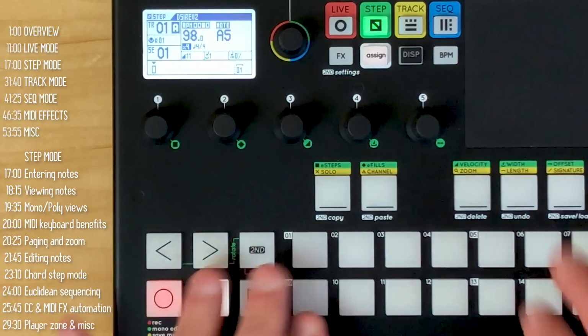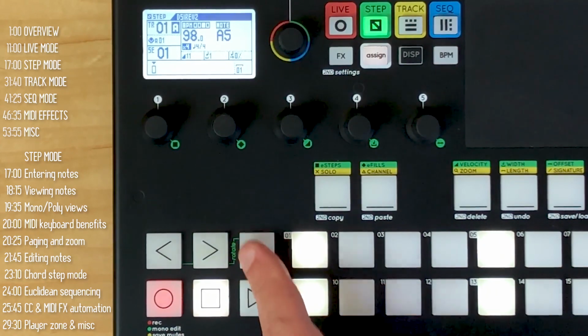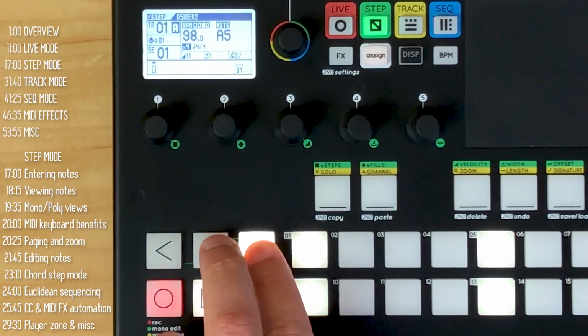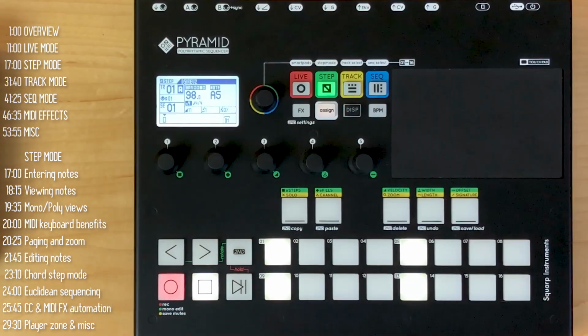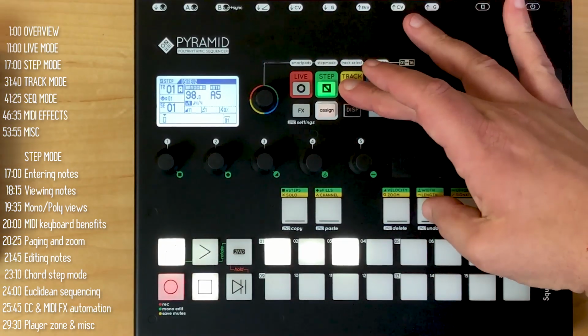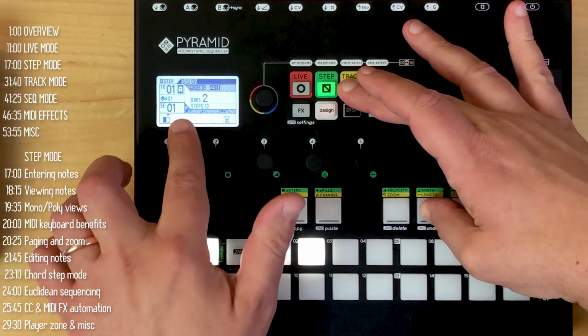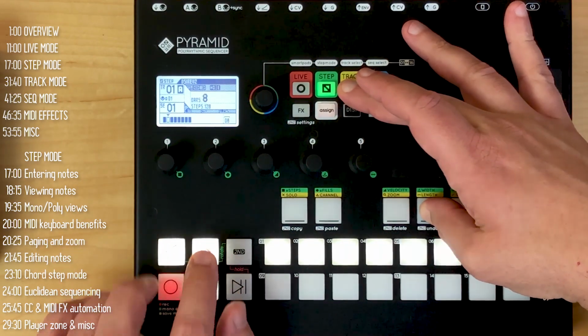A few more functions here. I'll add these steps. Notice it says rotate here. If I hit second and hold the right and left arrows, I can shift the steps left and right. And if you want to duplicate a track, you hold track and length, and then these arrows will duplicate or